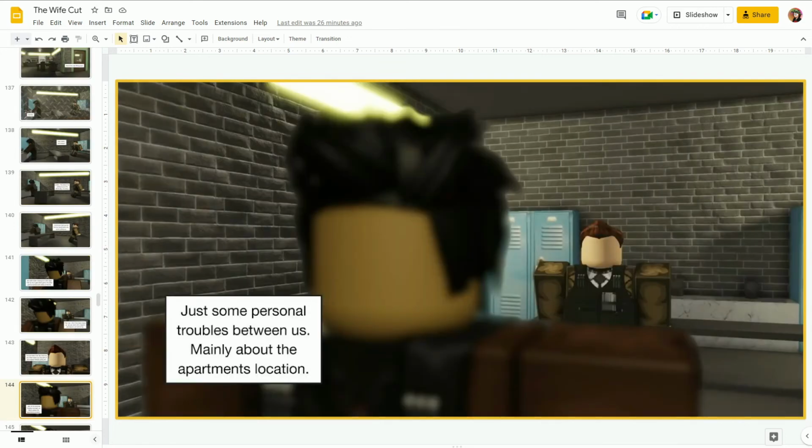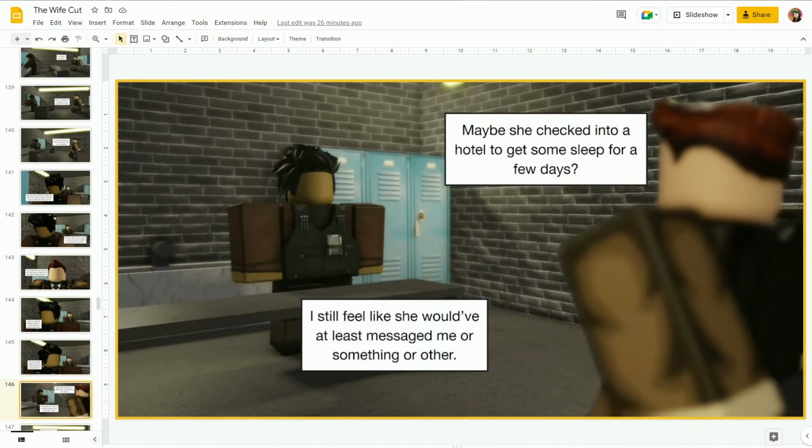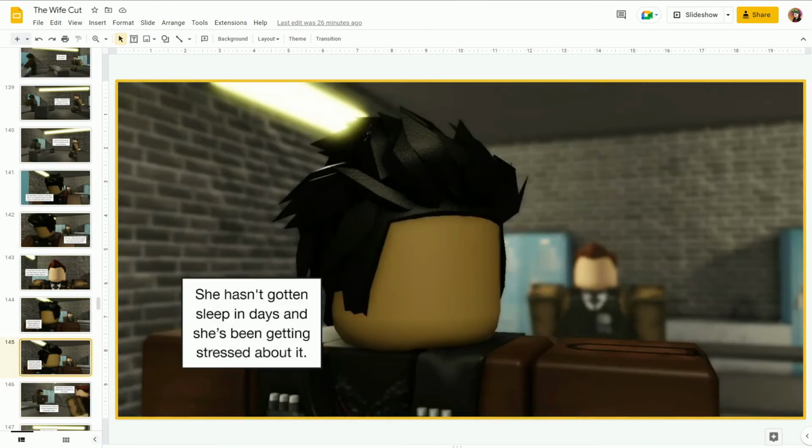But this is kind of along the lines of what happened in 7 as well. Like, Detective Mills and his wife aren't exactly happy with each other either. But yeah,